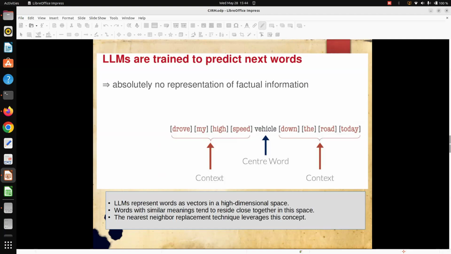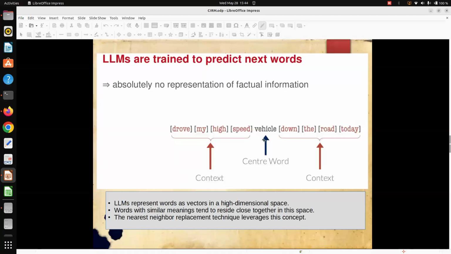Normally we use a person is known by the company he or she keeps, but in case of a large language model, it is a word is known by the company it keeps. So what are the nearest words associated with that particular word in the large text corpora? So that's why it can predict.